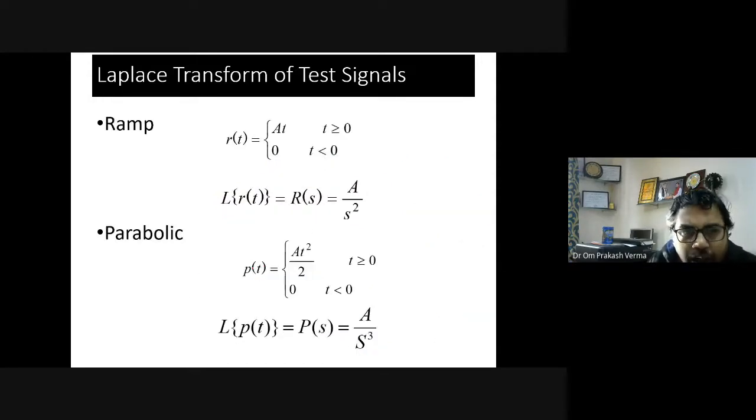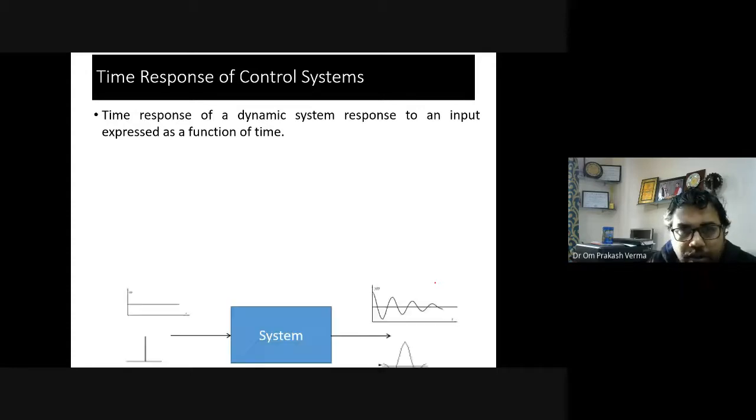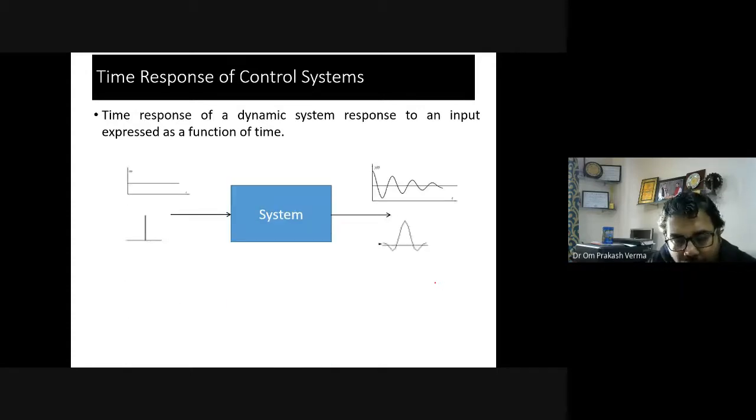For the step same, you can find out the Laplace transform of the ramp function as well as the parabolic function. No doubt. Now come to the response, and it is the main thing we are going to discuss: the dynamic response of some developed model. Our target is that. So before going to the detail of that target, we are just reviewing the previous things. Time response of a dynamic system in response to input. Let's say we supply a step signal, or a step input, or you can say impulse input. Your output is coming like this. So this is the dynamic response.